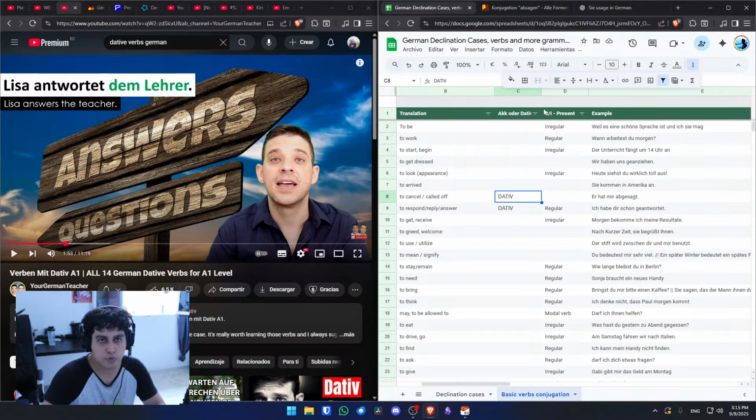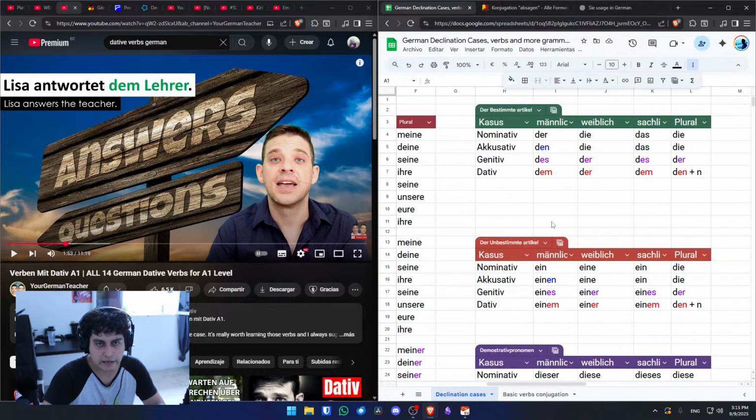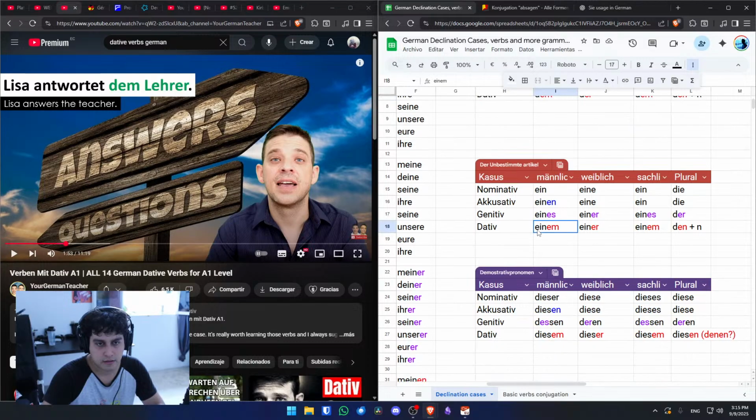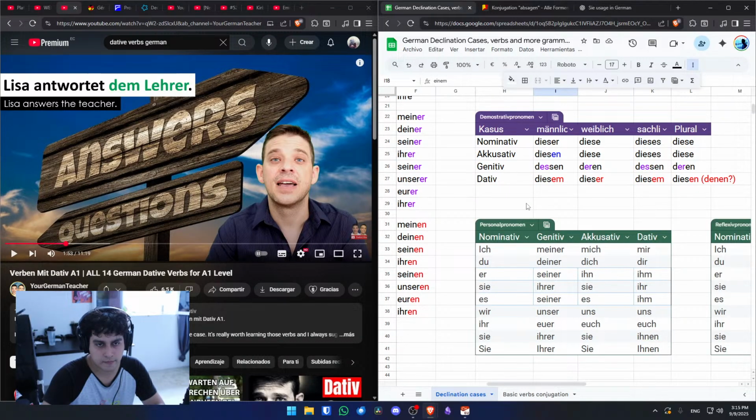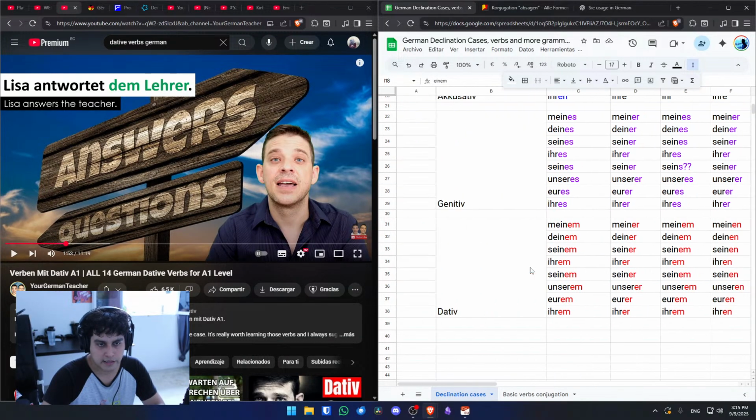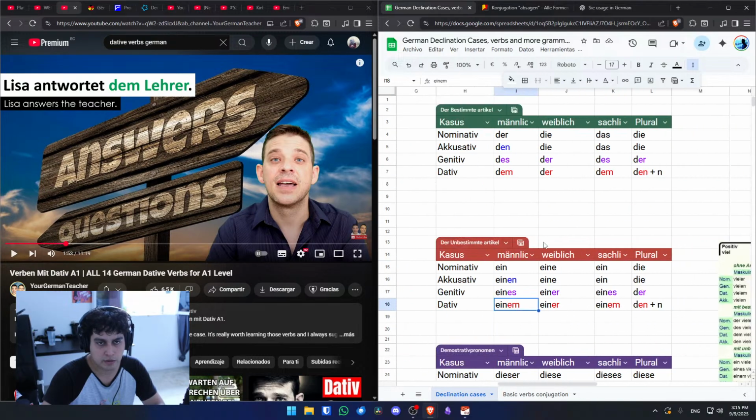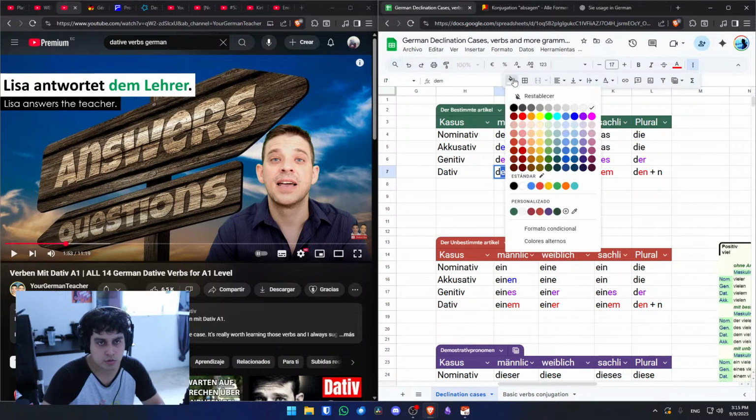So I'm going to put some color here because I associate dative with green, I think. Nah, with red for dative. And then here also red. Since I'm more used to dative being green, I'm going to use green for now. So let's change the last two to green. I'm going to use this green.